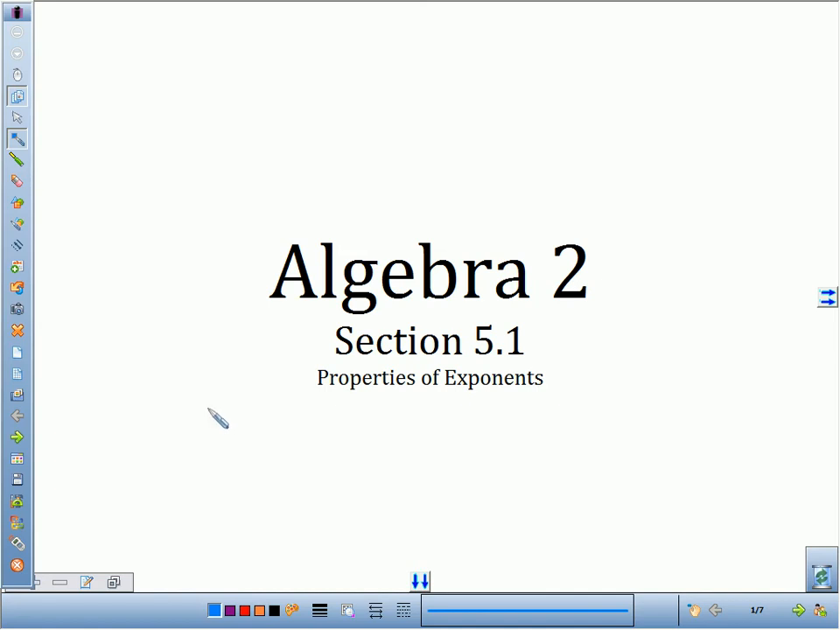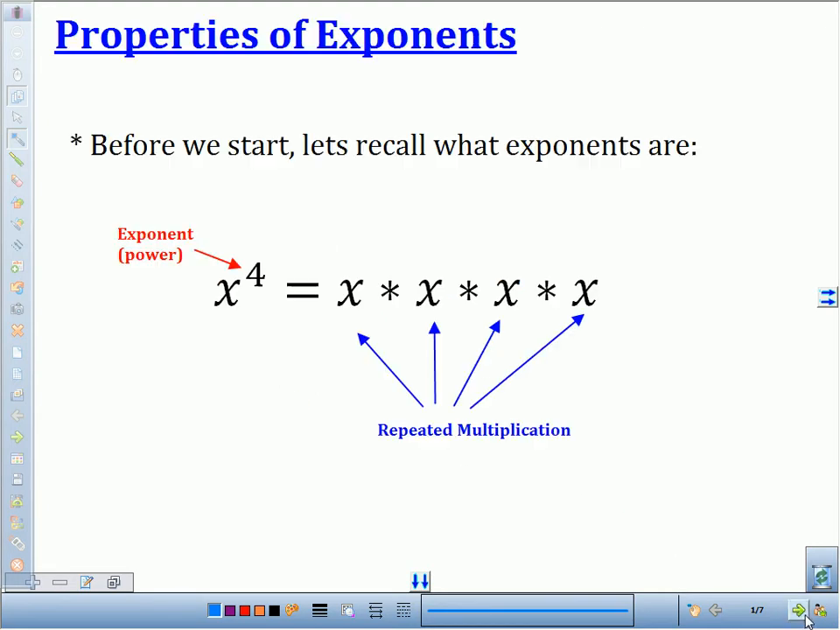Here we have the notes for Algebra 2, Section 5.1, and they have to deal with properties of exponents. Before we start looking into the properties of exponents, we want to take just a moment to recall what exponents are. So for instance, if I had x to the fourth power, the 4, or the power, is the exponent. And what that exponent does is tell me that I have 4 x's, 1, 2, 3, 4, being